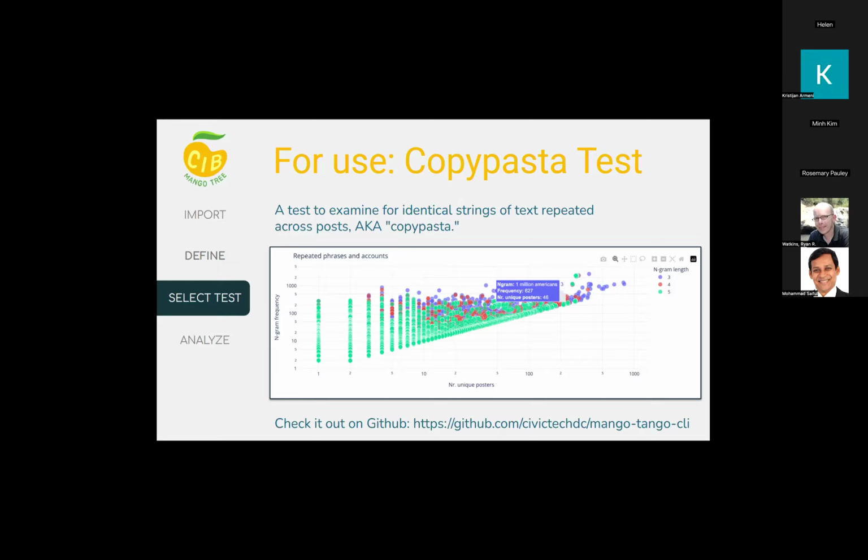Does it filter out for reposting, or is it just like two random people doing the same thing? Yeah, not that I know of. We don't do that kind of filtering, at least with this test. No, right now, I'm not aware of it. Sometimes you see in the post it says retweet or something.